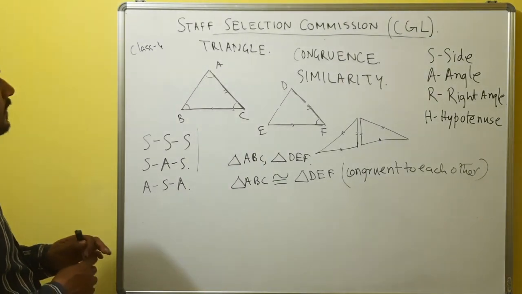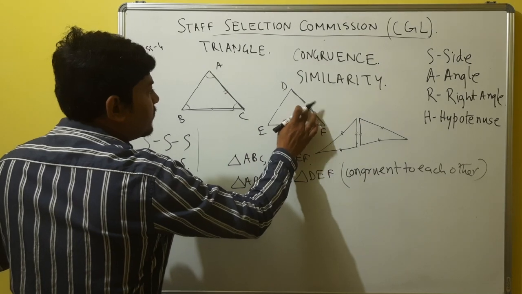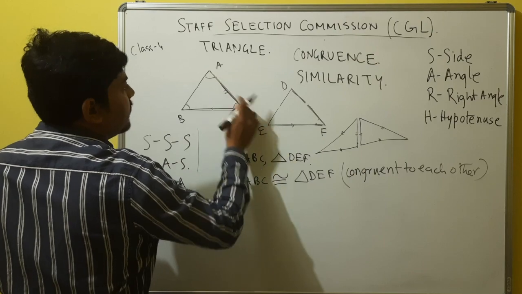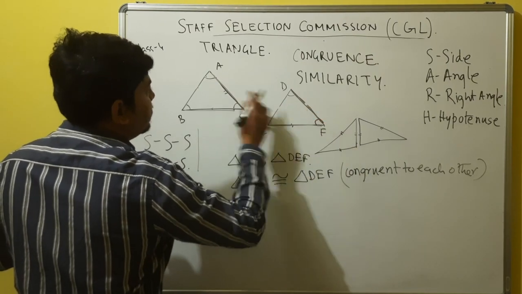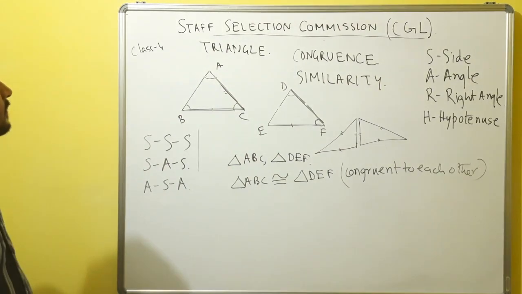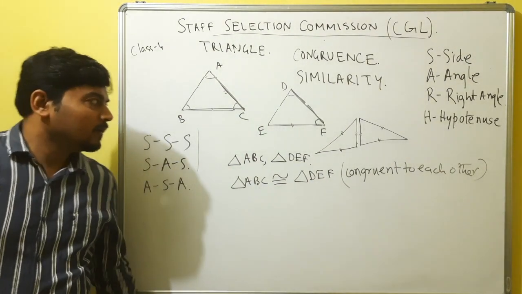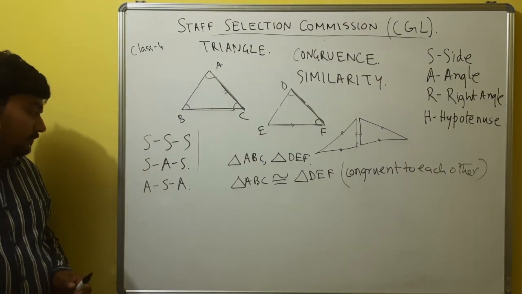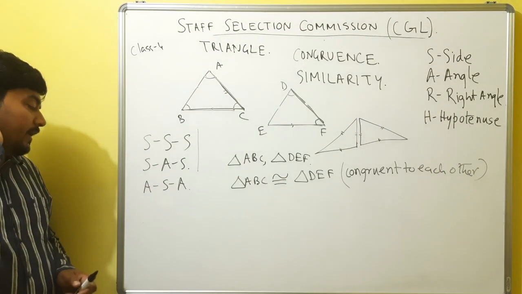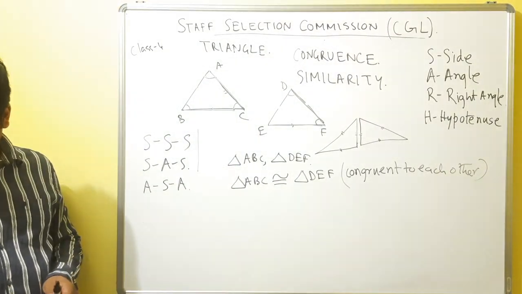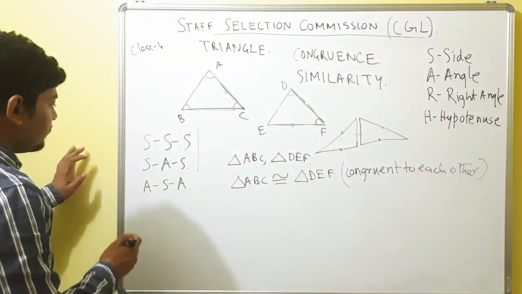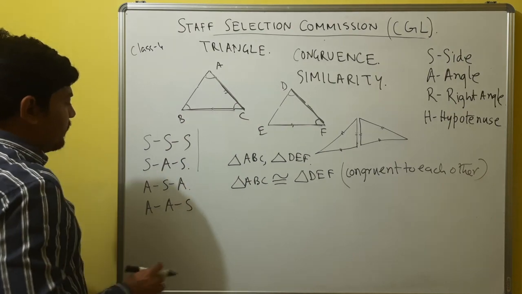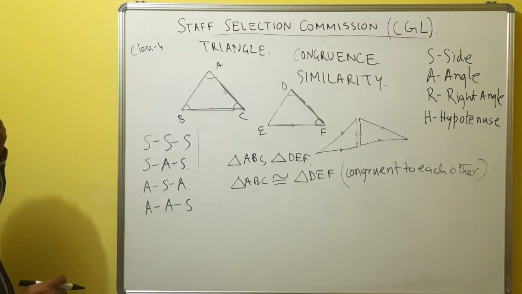Now the third property, angle side angle. Okay. Let's say the third property is like this one. I only know this angle, this side and this angle equal to this angle, this side and this angle. If that is the case, then also these two are congruent to each other. Okay. Another is angle side. I mean, the sequence is different, but the